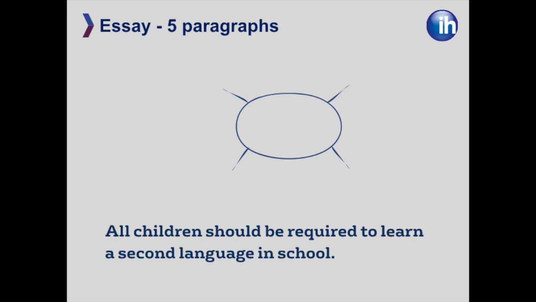Well, when we brainstorm, I like to have the 4 because inevitably 2 of those are going to actually go together. So thus, you reduce the number of points down to 3. If they don't join together, you might just say, well, I'm going to take my best 3. Looking at the topic as to whether children should be required to learn a second language in school, let's start